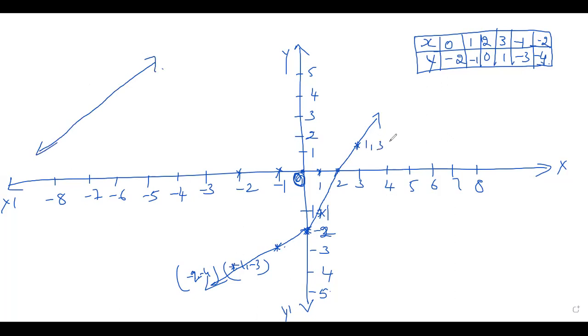So mark the points here. It is 3, 1. And it is 2, 0. You have to write the points. This is minus 1, minus 3. We have written. And this is 1, minus 1. This is 0, minus 2. Okay, children. Since I drew roughly, I can't get the straight line here. If you use scale and pencil, definitely you will get a straight line. Okay, draw neatly on the graph sheet.